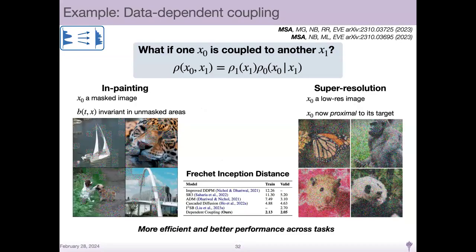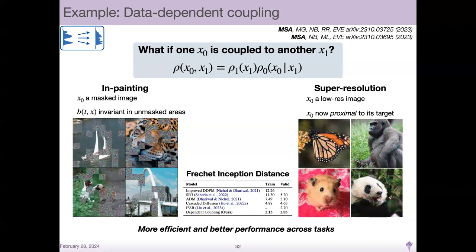Say, for example, I was trying to draw a sample x0 and x1 from a joint density here, okay? But I knew that x0 was conditional on x1. For example, I know that there exists a clean image in the world, but I'm only given masked versions of it. They're corrupted in some way. It could be a corruption like masking, or I want to go from low resolution to high resolution on the computer. What we could ask ourselves is, can we learn a map directly from this corrupted density to this uncorrupted density, right? So this allows us to do this.